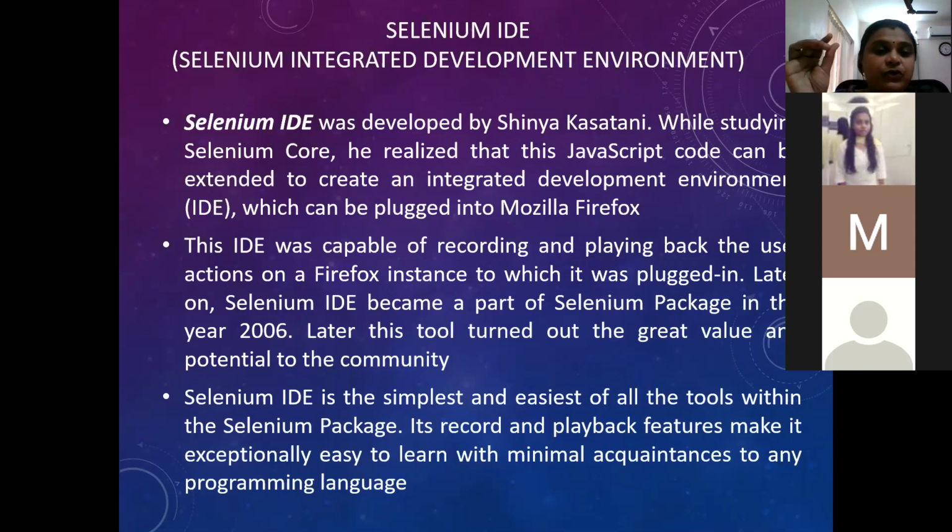If you are only talking about 20% of automation, not your entire software, only a minimal portion of it, then you can go for the Selenium IDE alone, which comes as a plugin you can use for checking all this. It can be a plugin only for your Firefox browser.